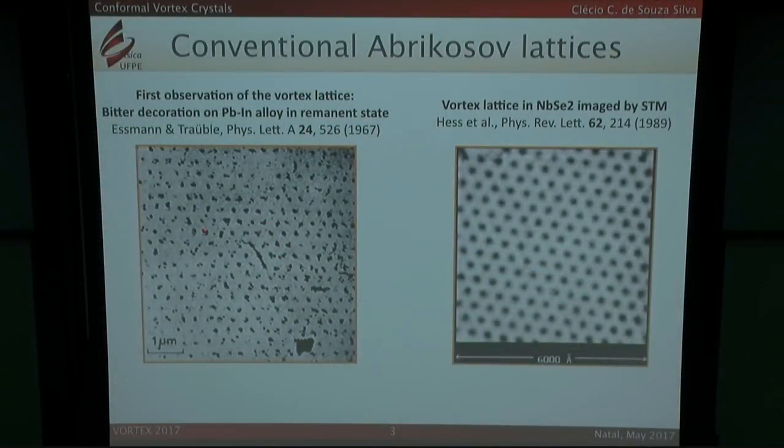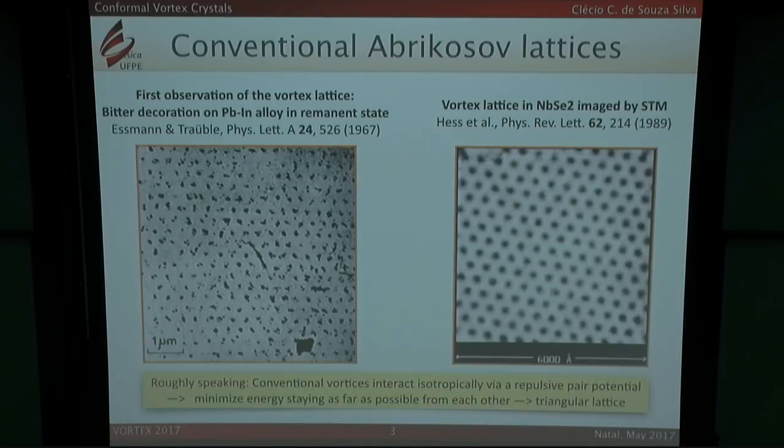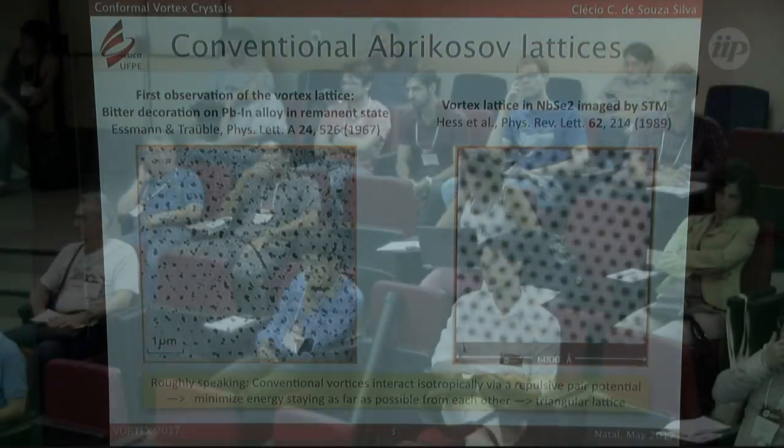Okay, so this is a very old image, one of the first images of vortices in superconductors. This is a more recent one. So vortices, quite roughly, in conventional materials at least, interact isotropically, so they try to be as far away from each other as possible, and then there is compression by the external magnetic field, and all these ingredients give rise to this Abrikosov lattice, which has triangular symmetry. But